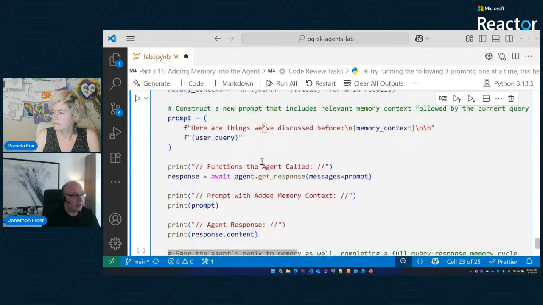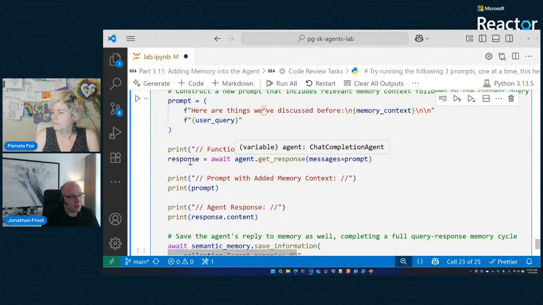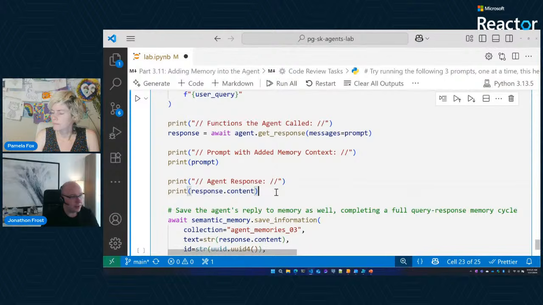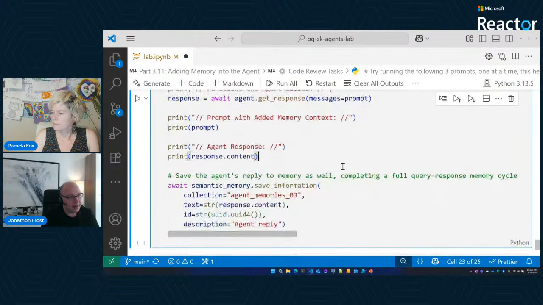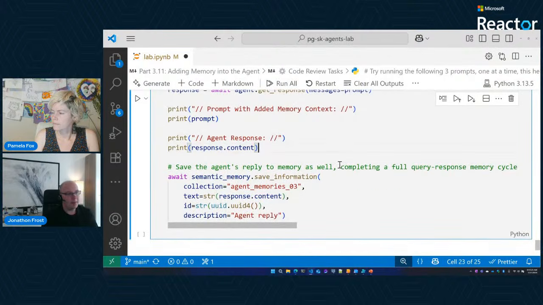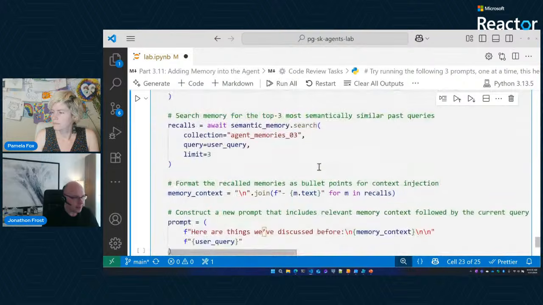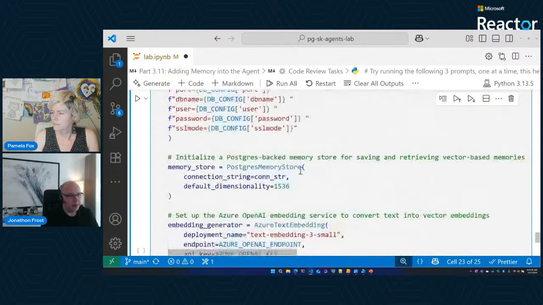From there, everything else is basically the same, where we call our agent.getResponse, passing in a prompt, and then we print out the response from the agent. At the very end, we're just saving the memories to make sure that we're capturing everything from that final response. So that's effectively what's happening here for all these steps.